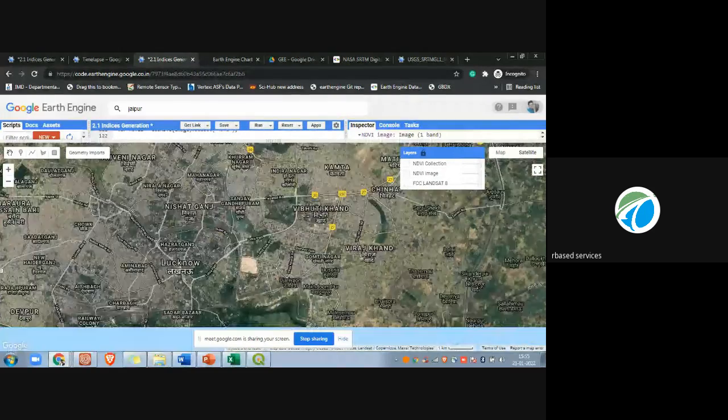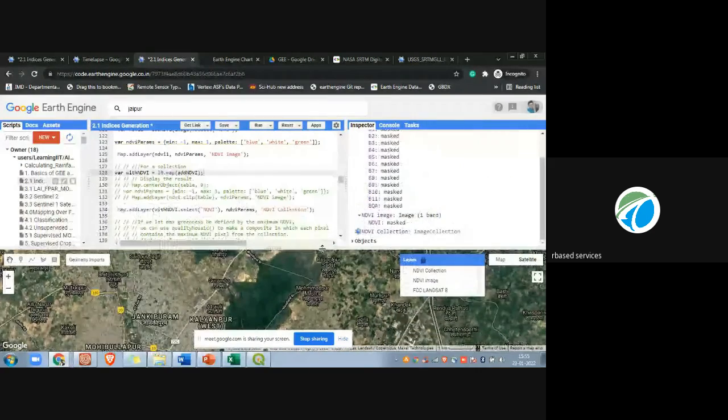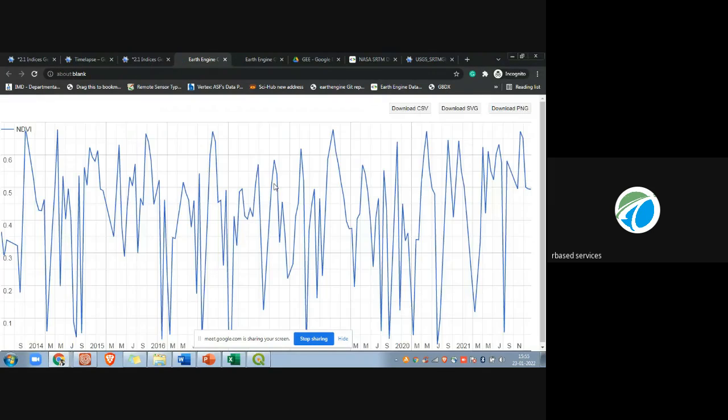I will go to Lucknow. Suppose there is some vegetation here, this part. I will click it here, and using this same code, the NDVI collection will be generated,